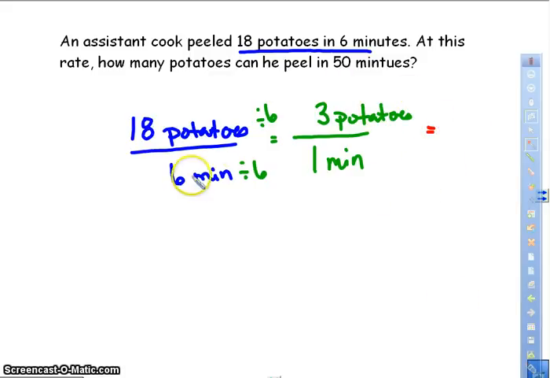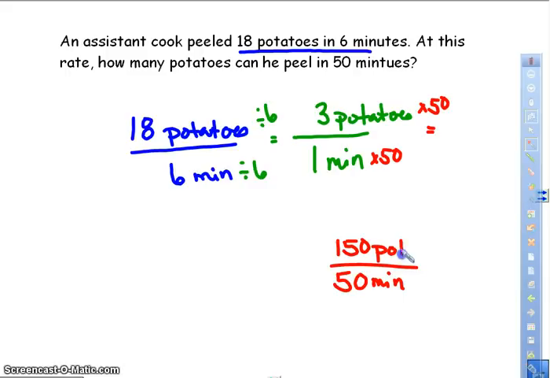It's not easy for me to convert 6 to 50, but I can convert 1 to 50 if my pen will work. I'm going to bring it down here because it's not letting me write up there. 50 minutes here. I know 1 times 50 is 50, so I'm going to take 3 times 50. 3 times 50 is 150. So I have 150 potatoes